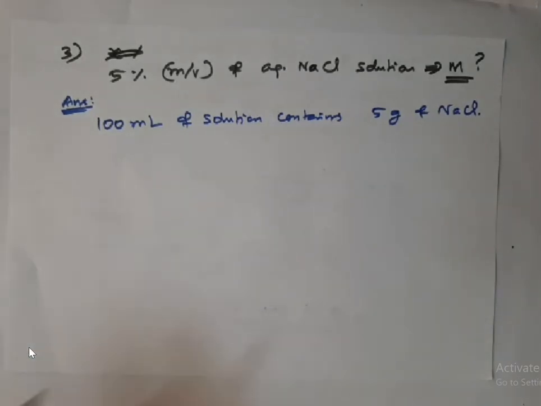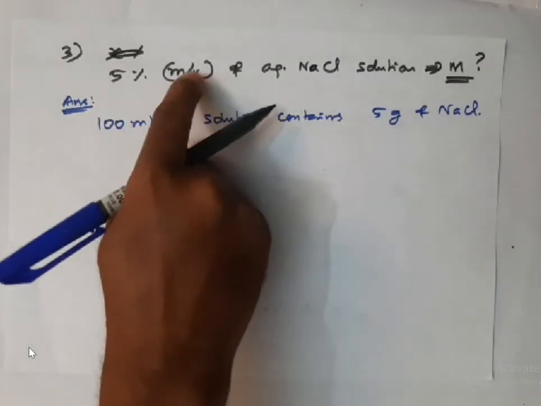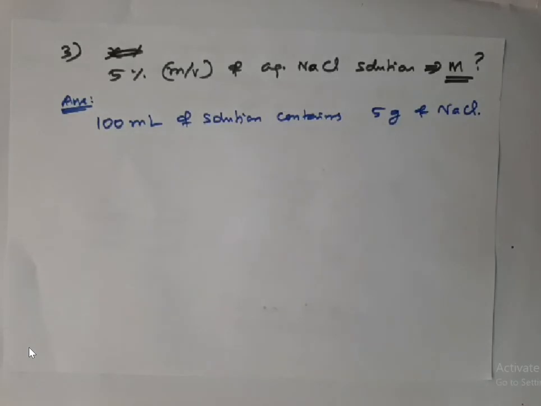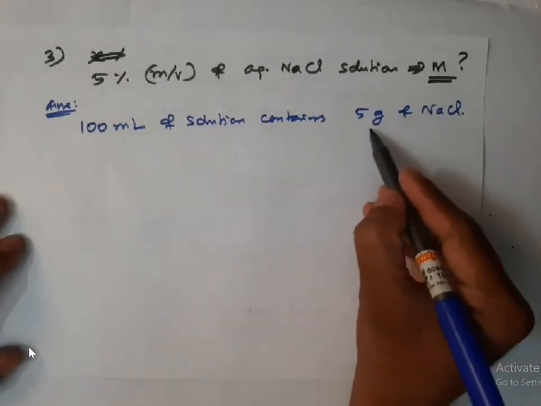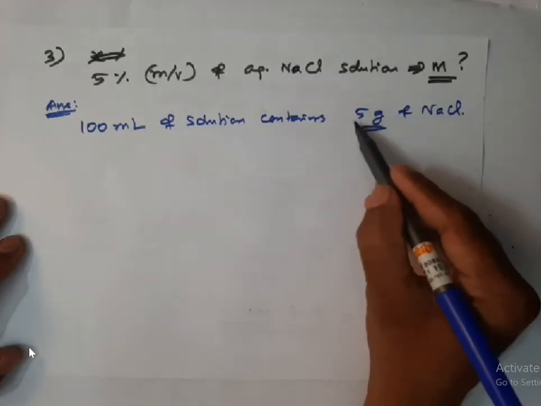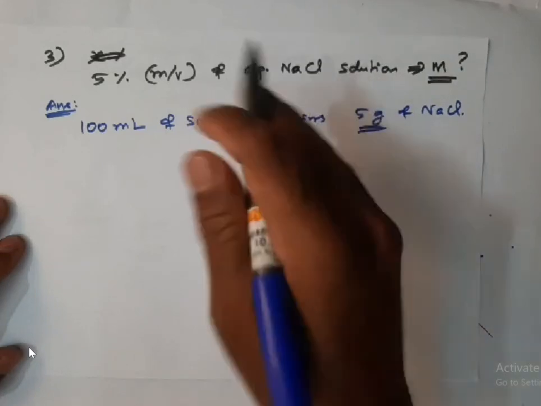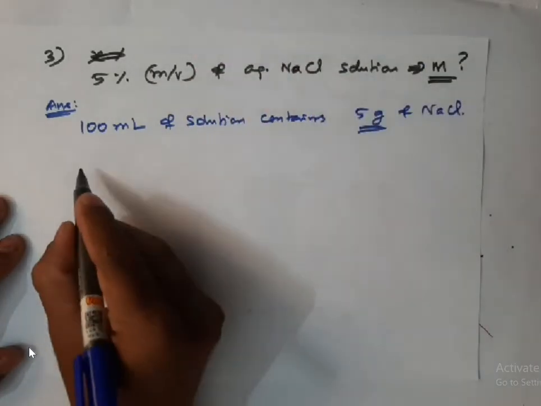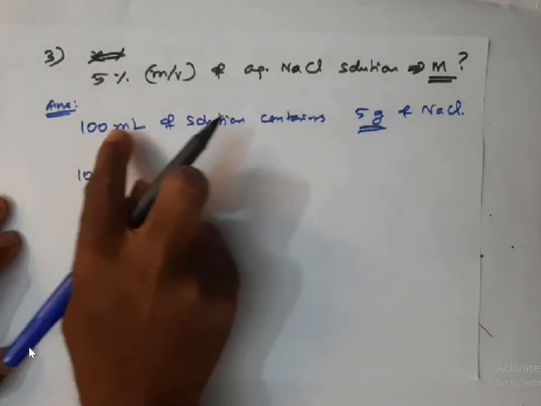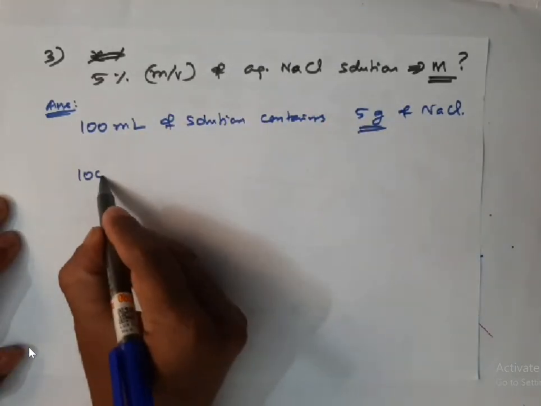Yes, sir. Okay, that is the meaning of 5% m by v. 5% m by v means 100 ml of solution contains 5 gram of sodium chloride. Now first I will convert this mass of solute, sodium chloride, into number of moles. So I'll ask you one question: if 100 ml contains 5 gram, 1000 ml contains